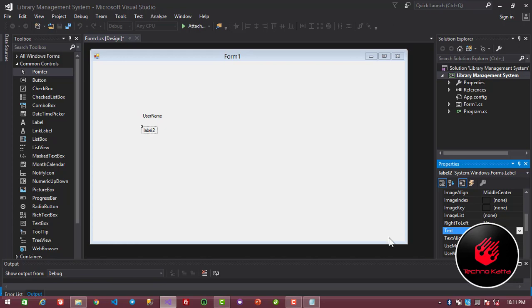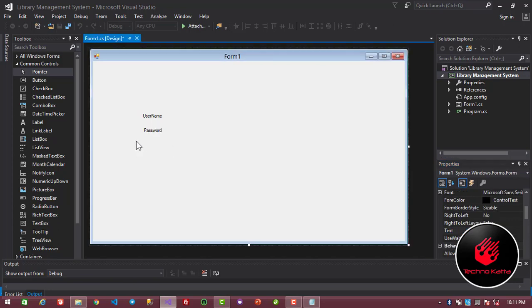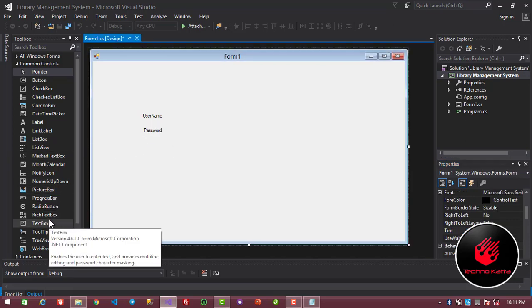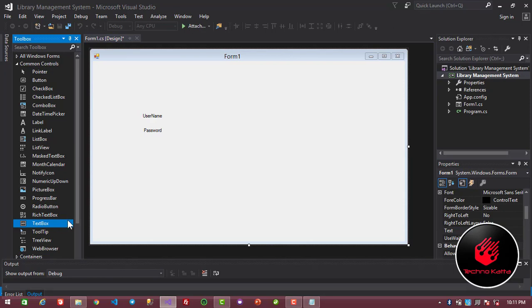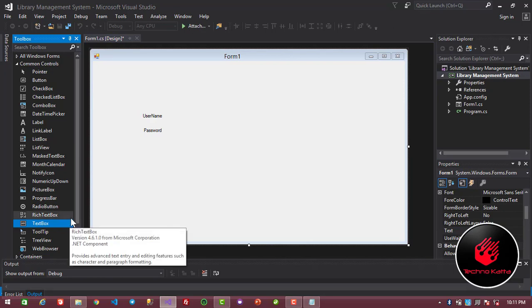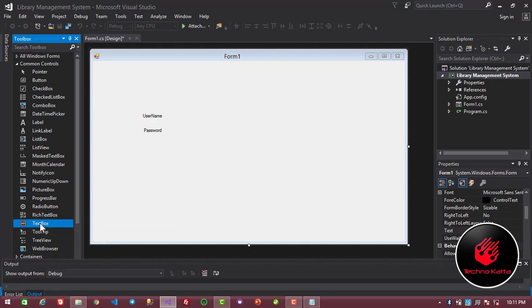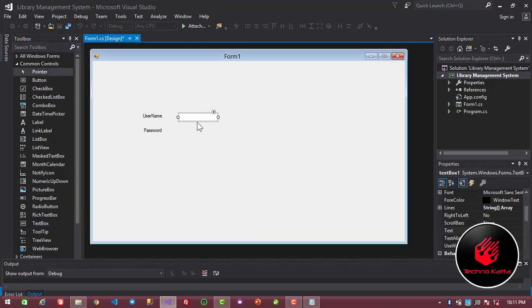Password. Then we have to add two text boxes. So you can choose this TextBox option and just put it here, and if you want to enlarge this, you can enlarge it with the handle.